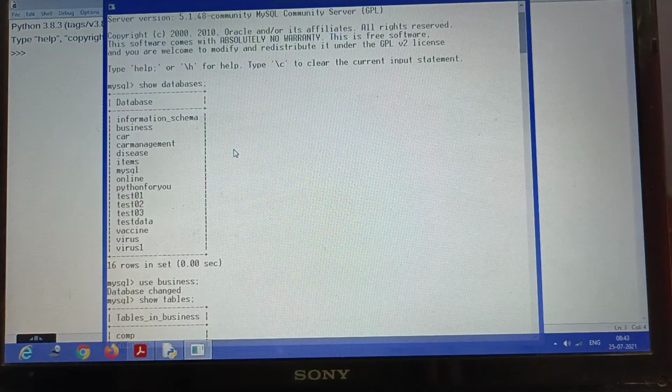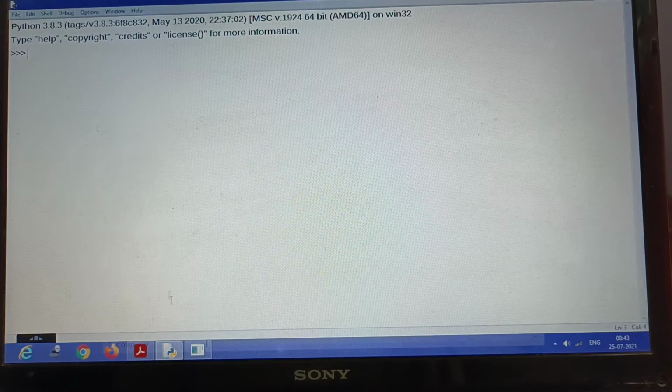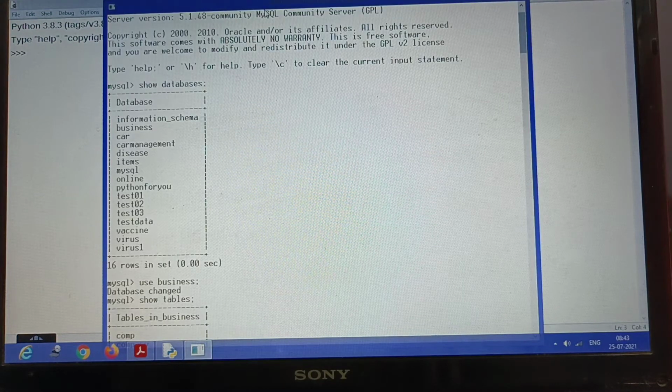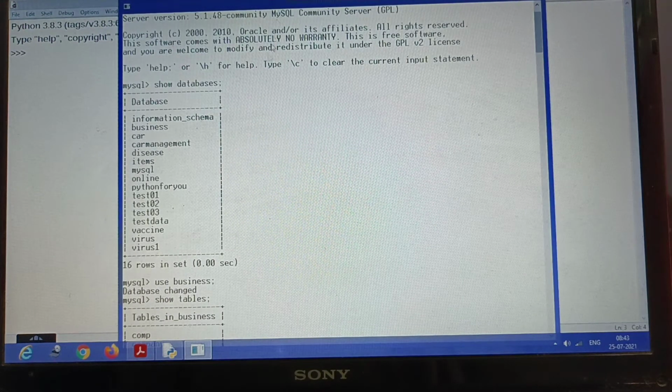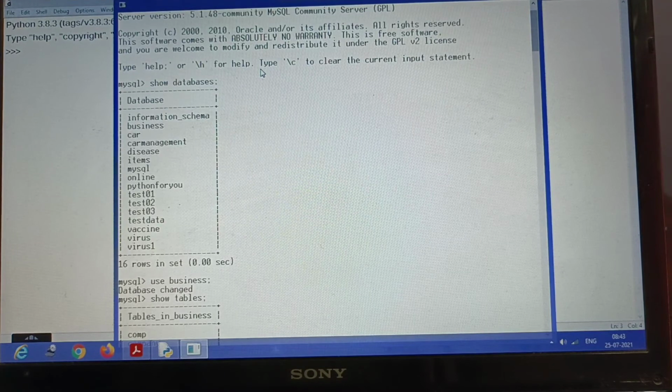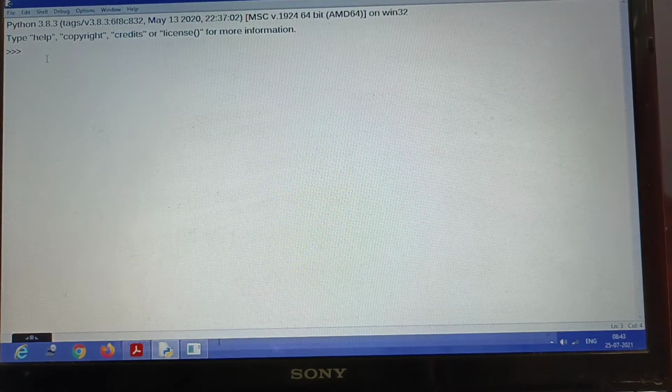So the command that we are first going to see is the show databases command. So remember that this command has been given from MySQL, and Python is a different software, isn't it? So the first thing that we need is to create a connection between these two softwares. So both have to be installed on a single machine. You can see that I am working on a single machine right now. So I have given the first command show databases from MySQL, and I have to give the same command in Python. So how can it be done?